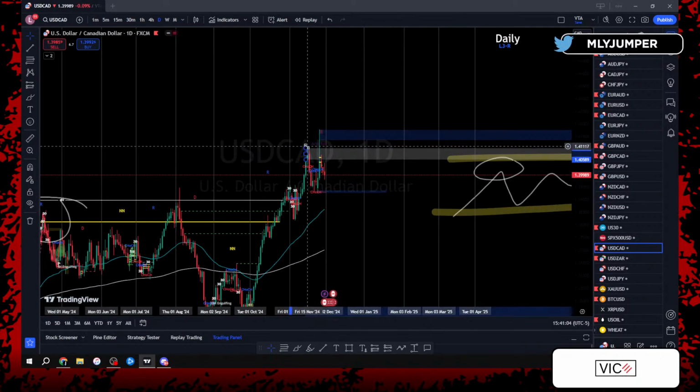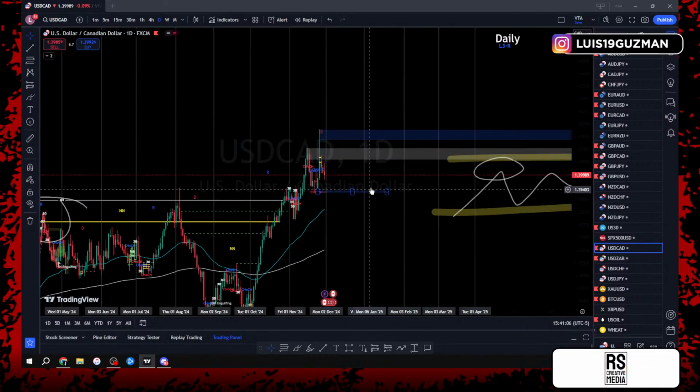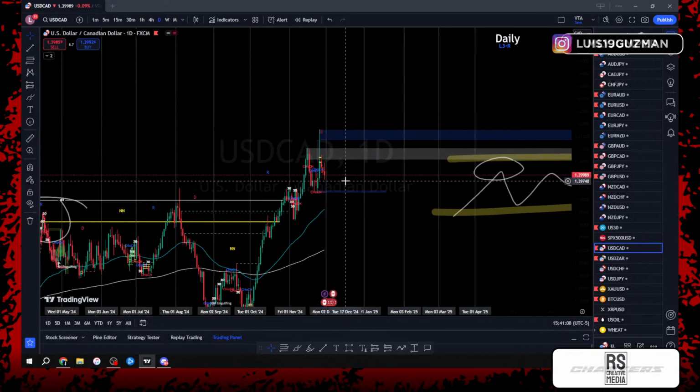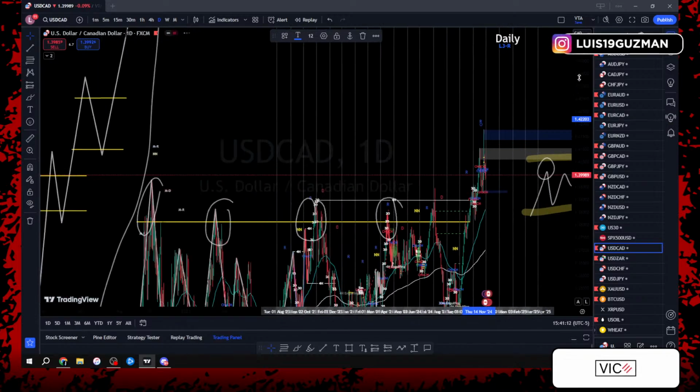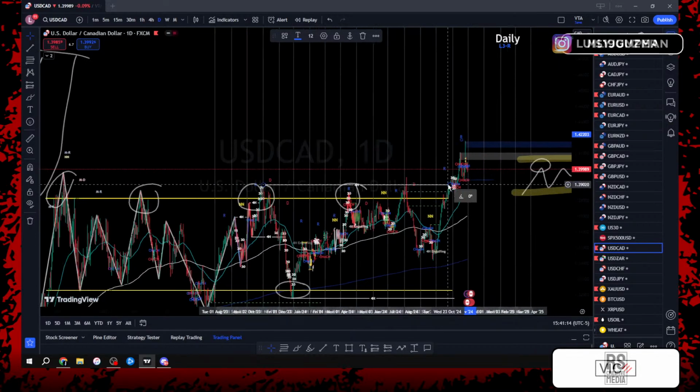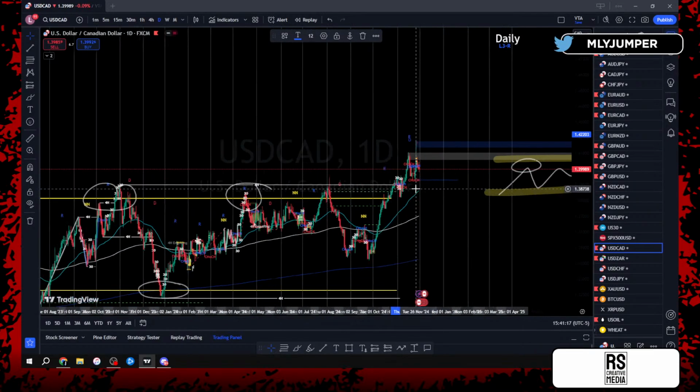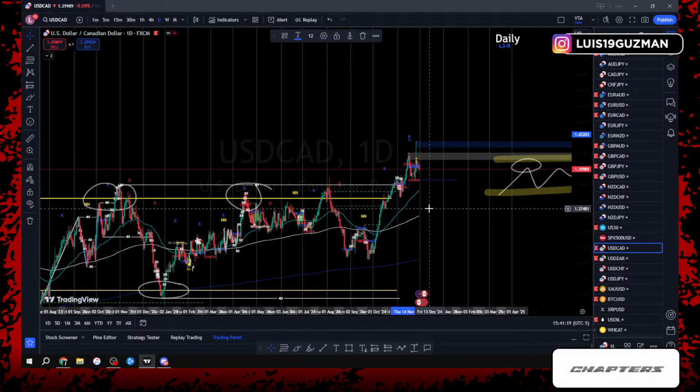USDCAD, our daily high. I'm not going to use that because it's a huge wick, huge candle. We have 2 months of rise. We're in V2. We're in the second zone of consolidation. We had the break of structure, right? The only thing we haven't gotten is really a pullback after the break. But this is looking good.